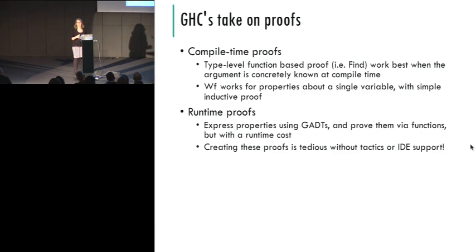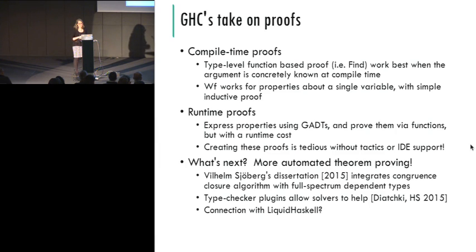So I don't think that's the way to go for GHC. Instead, I think GHC should focus more on automated theorem proving. Kind of like I just showed you, we need good ways of identifying what properties we need and good ways of teaching the GHC type checker about those properties so that it can provide them